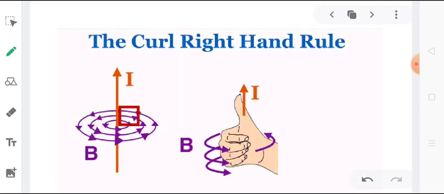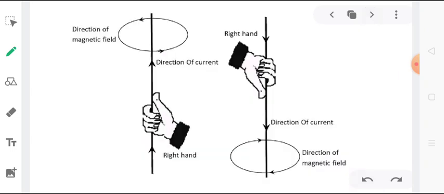The last thing that we had discussed in that lesson was the right hand rule, or what is famously called Maxwell's right hand thumb rule, according to which if we assume that we are holding a current carrying conductor in our right hand such that the thumb of the right hand is pointing in the direction of current, then the direction in which the remaining fingers curl gives the direction of magnetic field. We had also understood how we can apply the right hand thumb rule in determining the direction of magnetic field as per the direction of current.